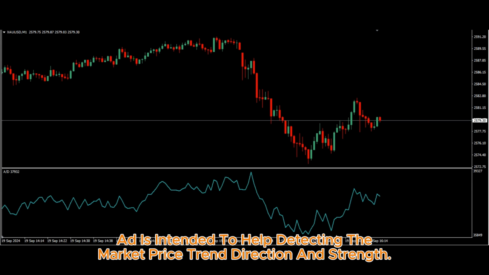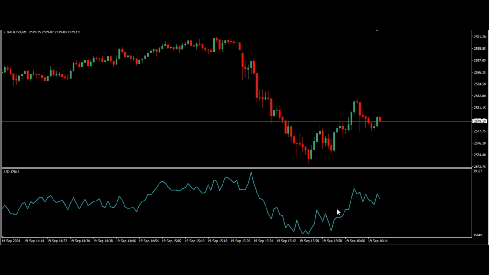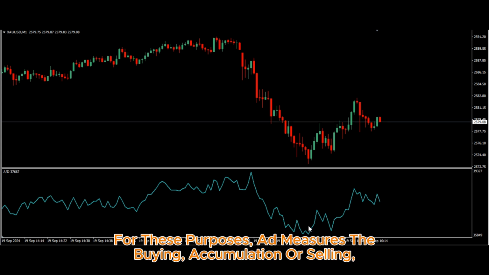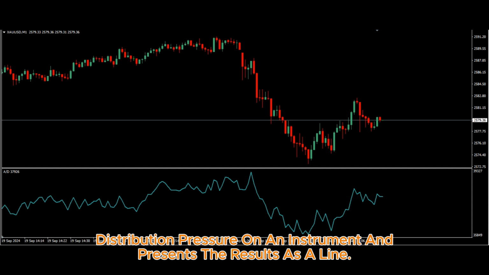AD is intended to help detect the market price trend direction and strength. It is also capable of forewarning of possible trend reversals. For these purposes, AD measures the buying (accumulation) or selling (distribution) pressure on an instrument and presents the results as